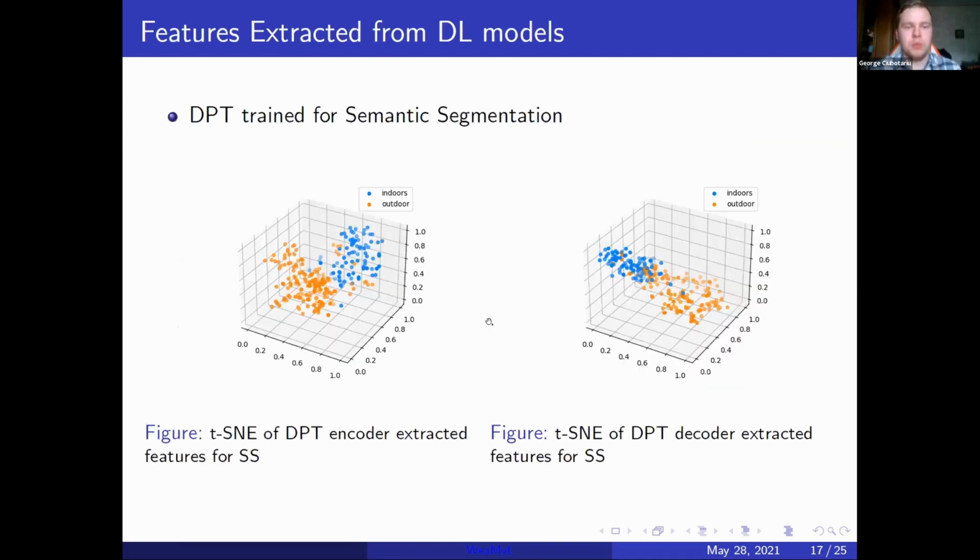Okay, so these are the first photos of clustering algorithms. These are the ones for the DPT encoder and the decoder respectively, trained for semantic segmentation. As we can see, the clustering is pretty good. There are good boundary regions. There are not so many outliers,